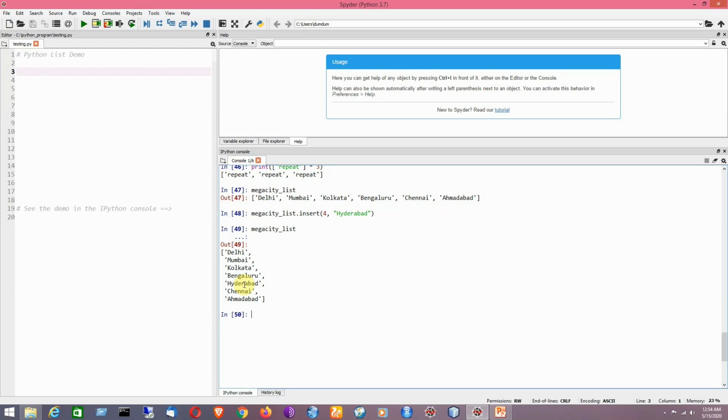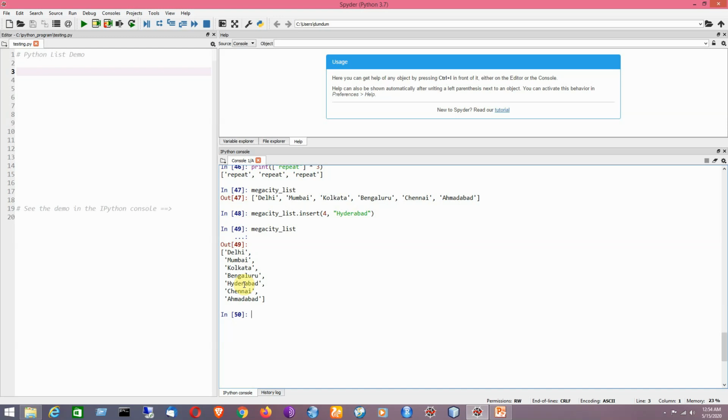Now suppose I would like to remove one element from a list. For doing it, I can use the remove method. Remember that in the previous example I used the insert method for inserting an element at a specific position. Now I can use the remove method for removing a particular element from a given list.